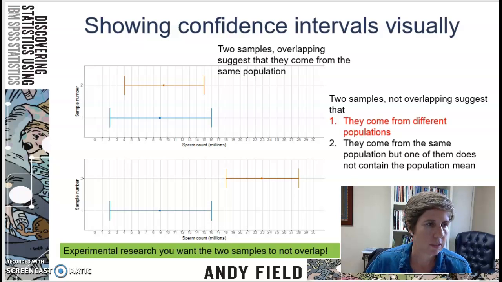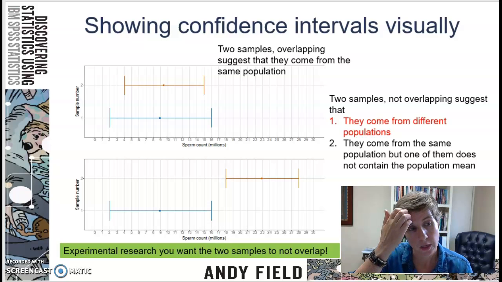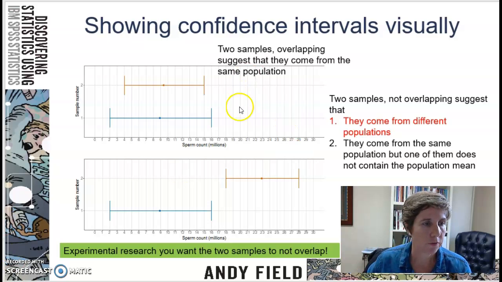Okay, so in this example here, I'm just going to talk a little bit about confidence intervals and what they actually mean. So in the top graph, you can see these are two samples, right? You've got sample one, you've got sample two, and these are the confidence intervals on these particular samples. So remember, if you have a small confidence interval, we're ultimately saying that that is a better representation of the